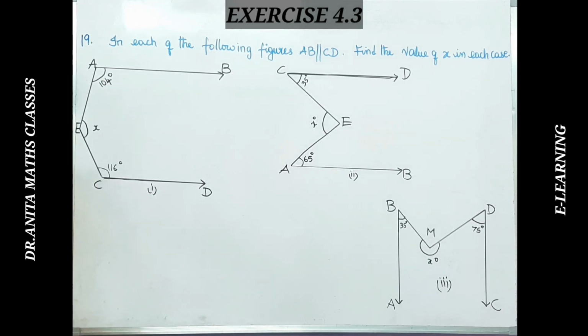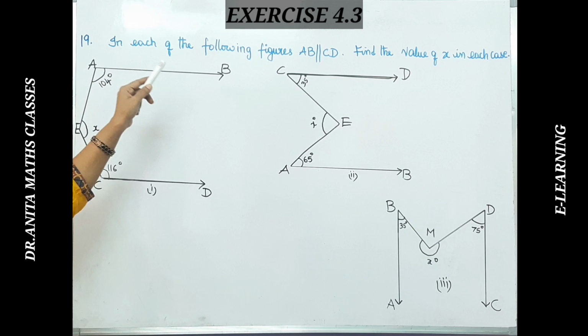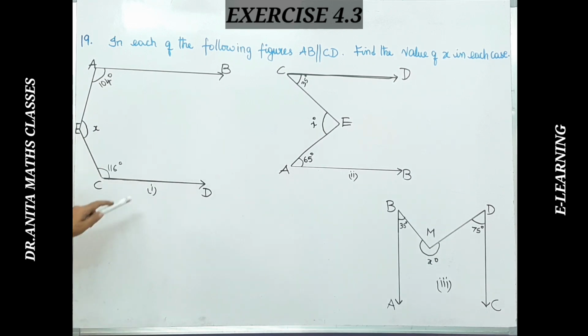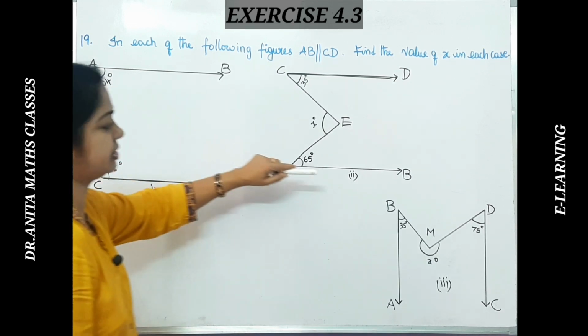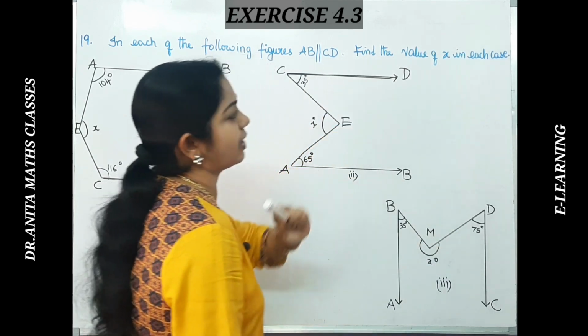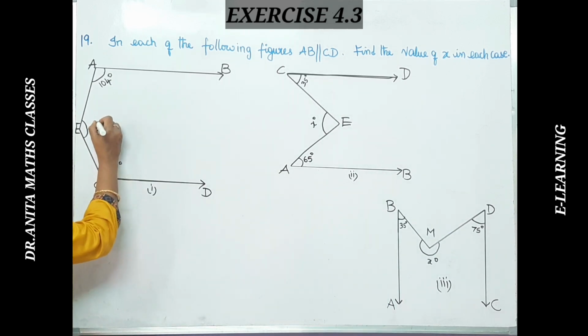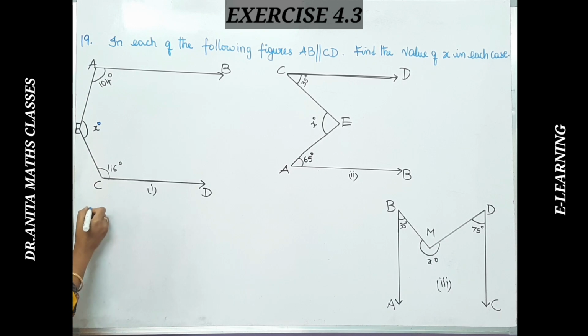Here the last problem of this exercise, the 19th one, there are three figures given. In each of the following figures, AB is parallel to CD. All the AB and CD are parallel to each other. Find the value of x in each case. In all the three, we have to find the value of x. When we start with the first solution here,